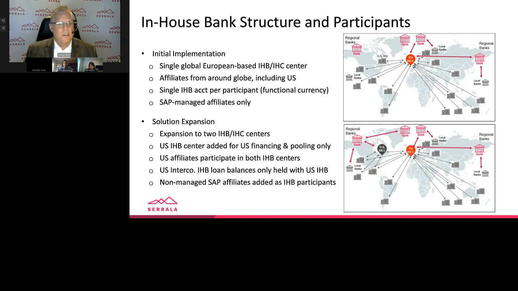The loan balances are maintained between the affiliates in the U.S. with the U.S. bank area owner, where they can have a borrowing position without settling cash, and the U.S. has a position with the European bank area. So if there is a need to settle in cash, it would only be one relationship between the two bank area owners as opposed to all the affiliates individually having to settle. So there are different models, different structures to be able to take advantage of this, depending on what your particular needs are as an organization.